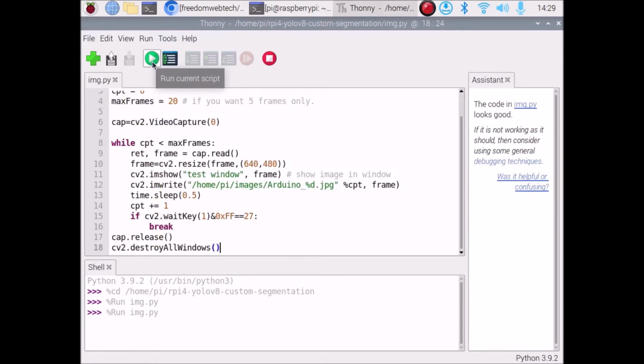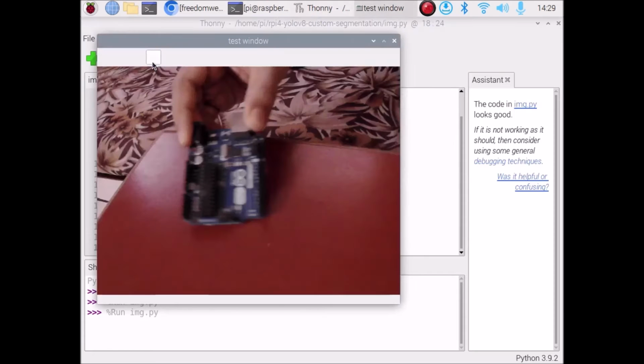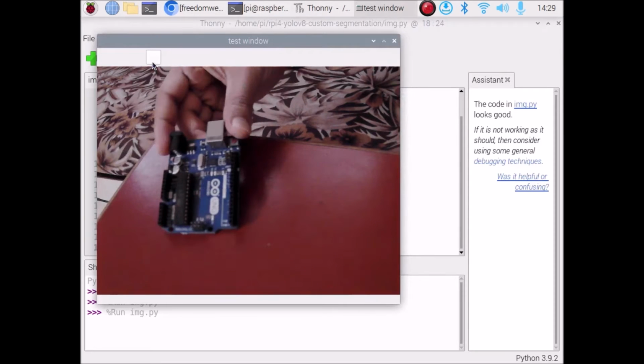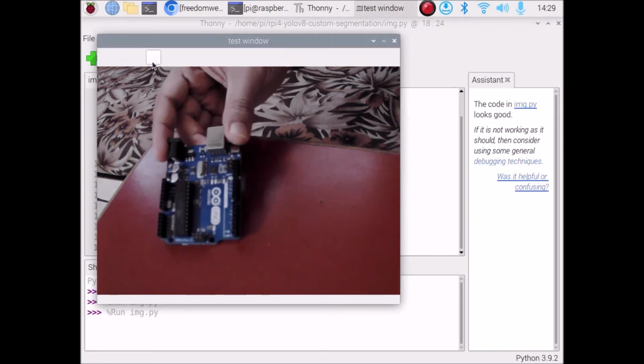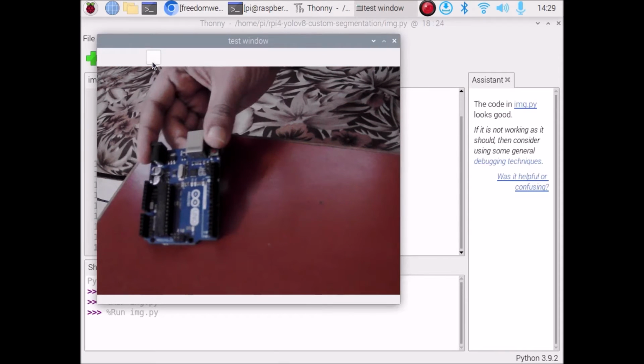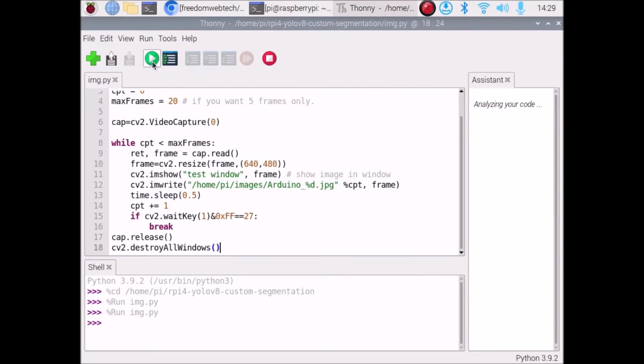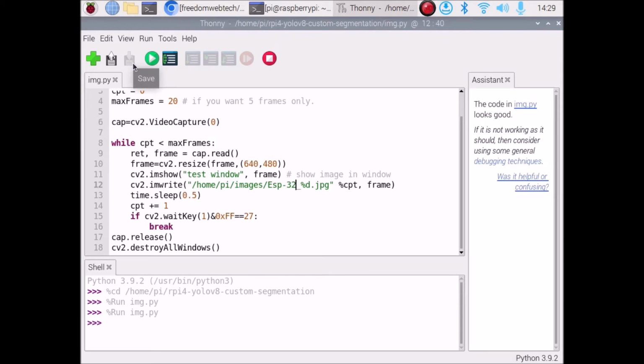So if I start the code, we have done with Arduino Uno. Now here I am going to mention the ESP32 board name, ESP-32. This is what will capture the ESP32 20 images. So if I save the code, now I need to set the ESP32 board in front of the USB camera,